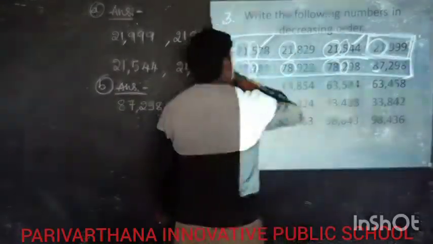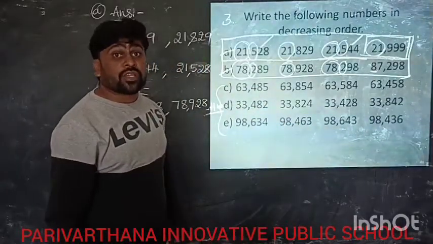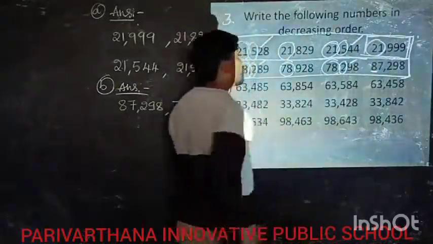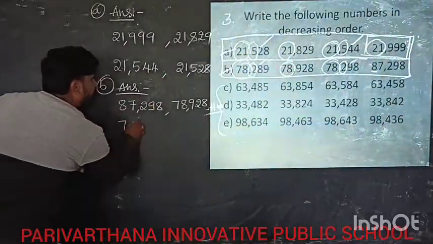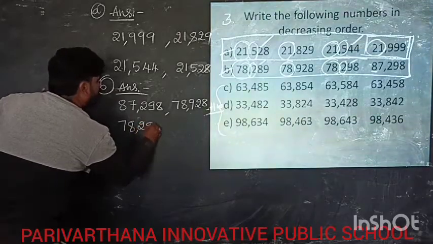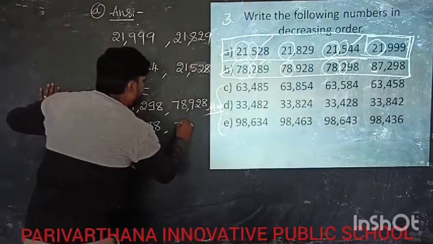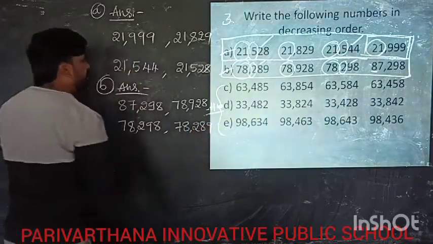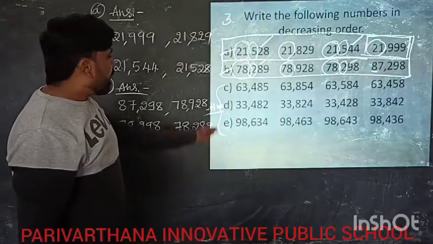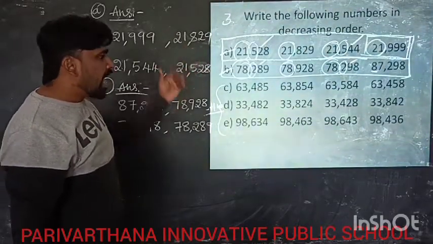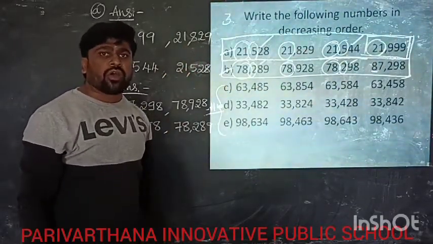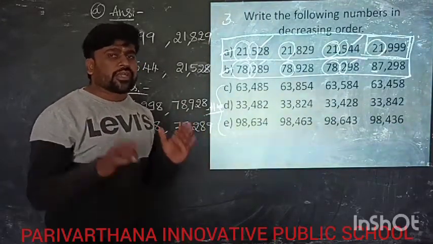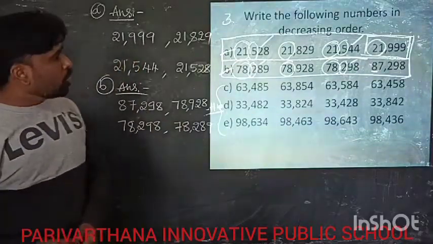Okay na? Now the 100 place is 2. Here also the 100 place is 2. Again we cannot find out which is the big number. Now the 10 place is 8. Here the 10 place is 9. That is the big number: 78,298. And last will be 78,289. Okay na? Again we have to try C, D and E problems. It is for HWO. Compulsory you have to complete the HWO, take a neat photocopy and send it to the group.